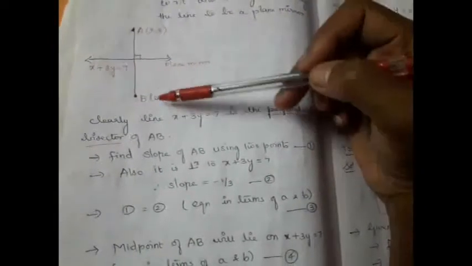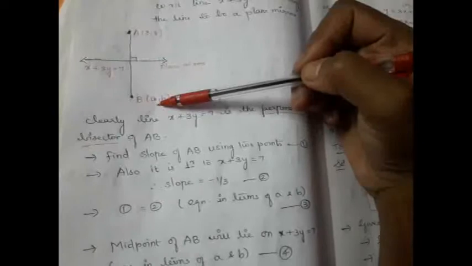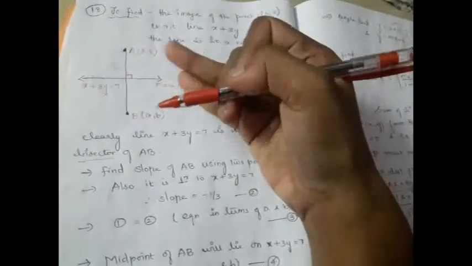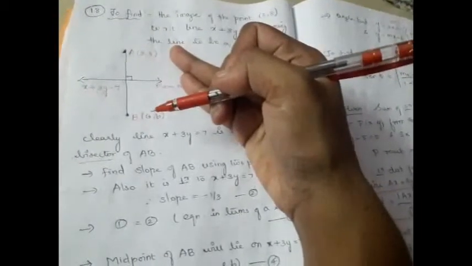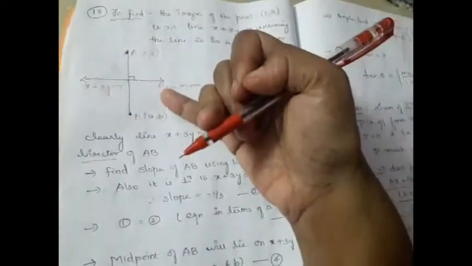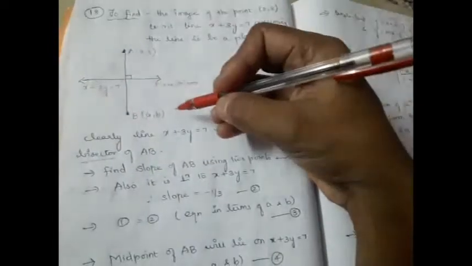How to find the coordinates of B? First, we are going to find the slope of AB using 2 points, and it is also perpendicular. We have two unknowns here, and hence we need two equations to solve for two unknowns. How can we obtain those two? When we talk about perpendicularity, we will take slope as one criterion. The other one is that it is a perpendicular bisector. Bisector means it divides into two equal halves, so we can take the midpoint. Using slope, we will get one equation. Using the midpoint, we will get another equation. If we solve these two equations, we can find the values of a and b. That's what we need to do.